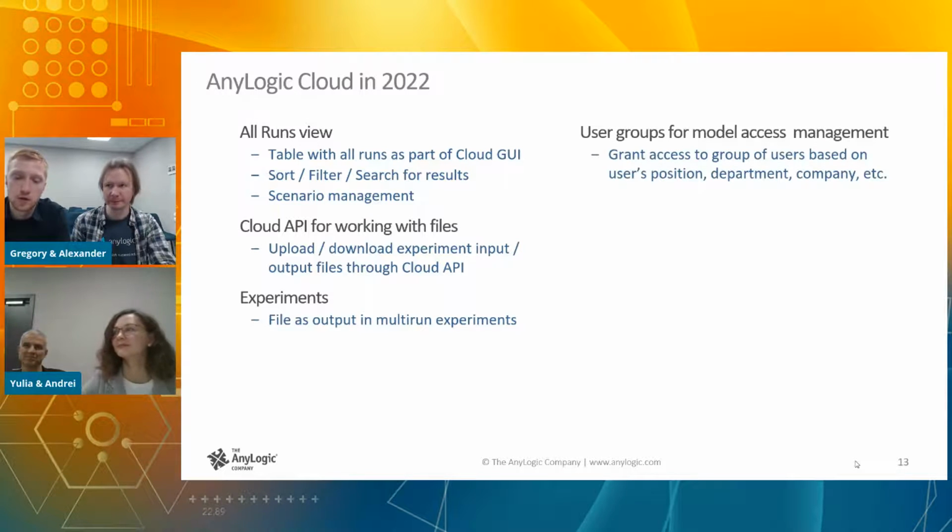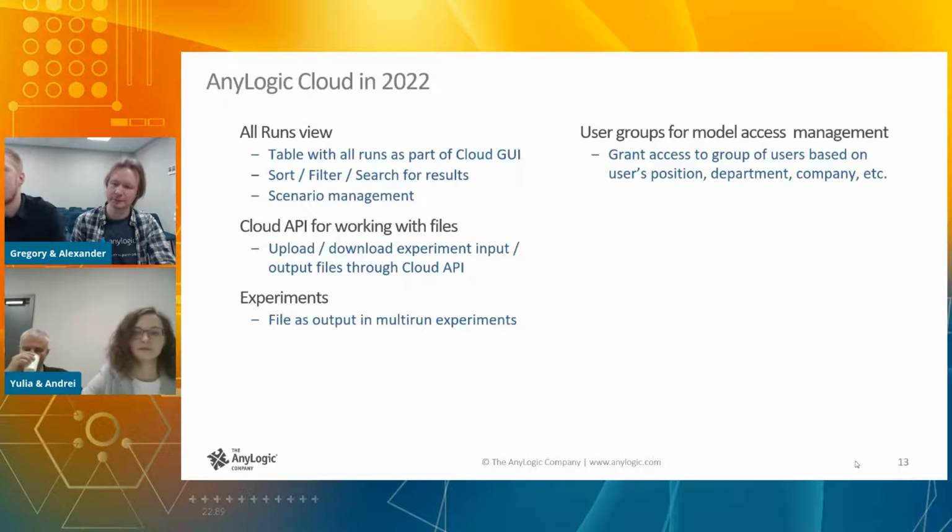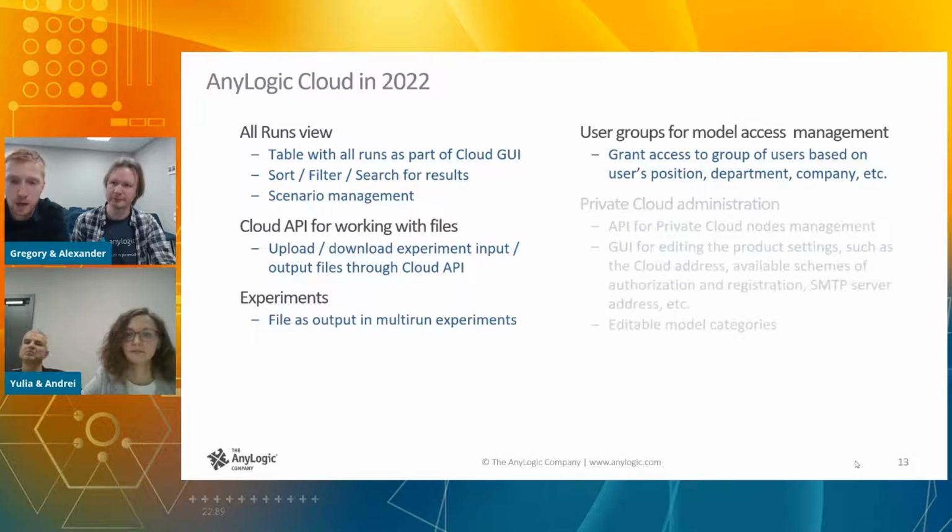For users and private cloud owners who have a lot of internal cloud final users, we want to provide group access to models. For instance, you want to add 10 model users. For now, you should click one by one these users. With the group access feature, you will be able to add all the users to some group and grant access to the entire group with one click.